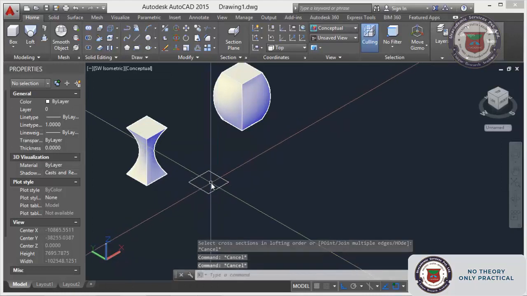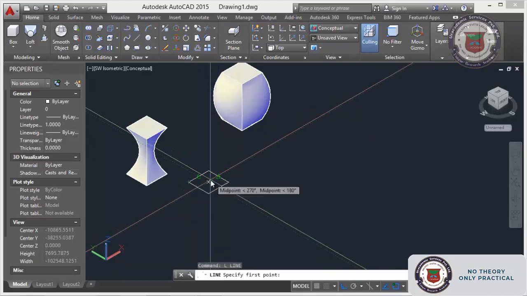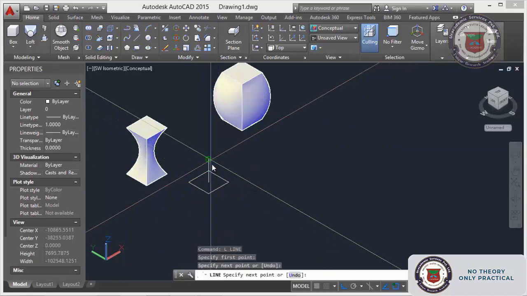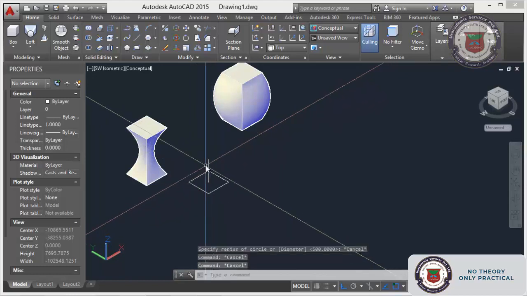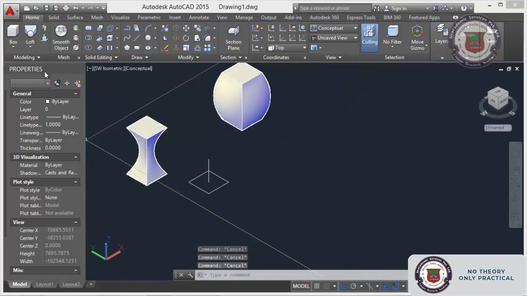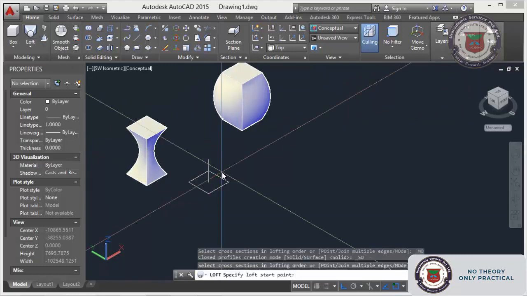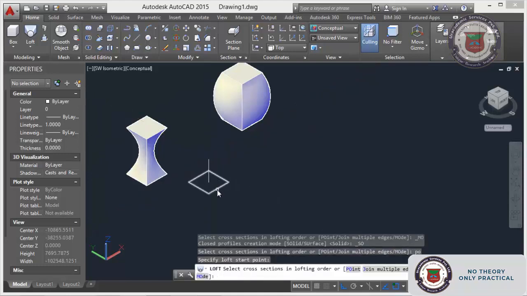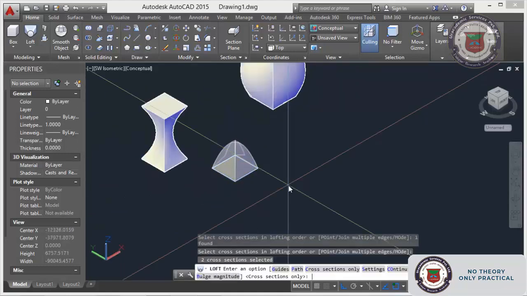Sorry, first I will set the point. Okay, this is my point. Now select PO, enter, select point and select order. See how the loft has been created.